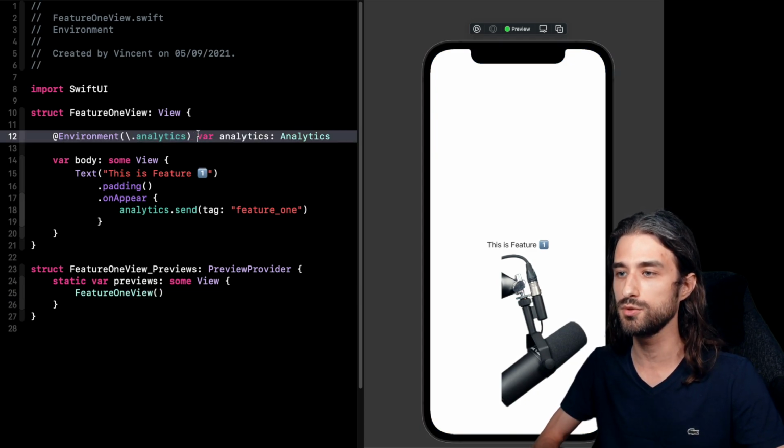So as you can see, using @environment is a much safer approach, because even though we had to define a little bit more boilerplate code, now we have an interesting guarantee: we know that there will always be a value that can be retrieved inside the environment. Once again, because we have this default value. Now, of course, having this default value doesn't prevent us from overriding and injecting a new value inside the environment.